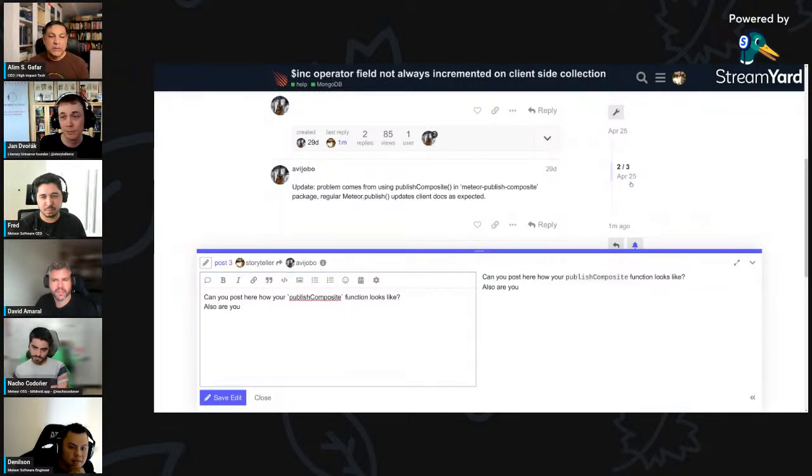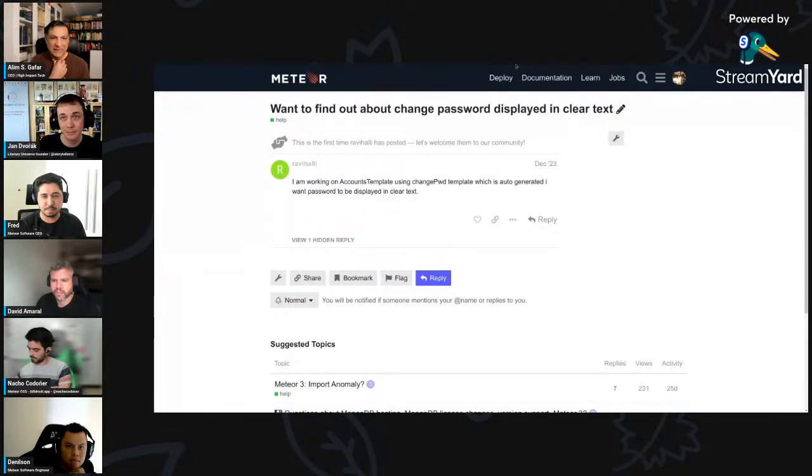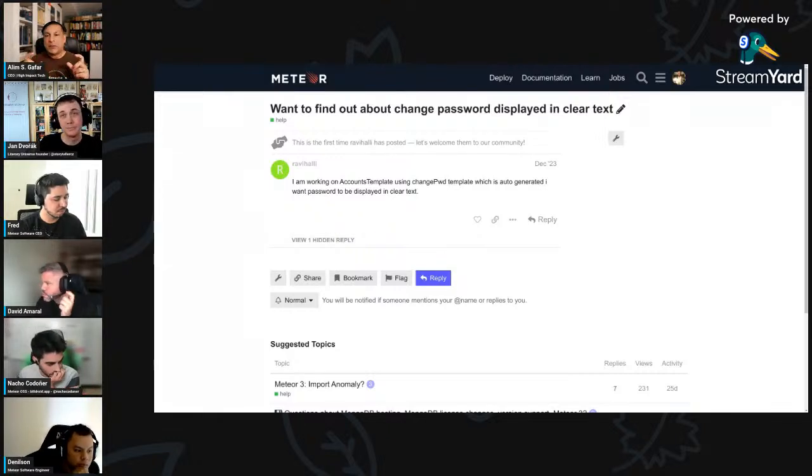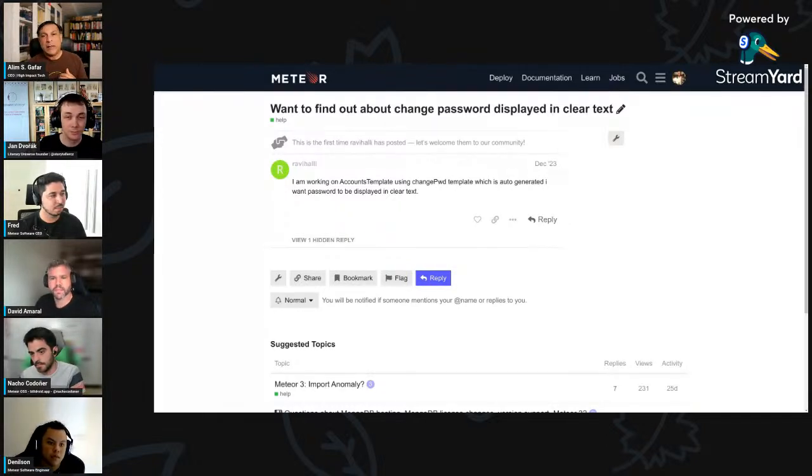And we have also another post, and when we get a chance to switch over to that, just let me know. There we go. Okay. And so we have a user that's asking a question: how do you do basically a password reveal in the password field using, I believe, the accounts package. And there was a response to this that was then removed. We've been talking about this behind the scenes a little bit as to why, and it looks like there might have been a payload attached to that response.